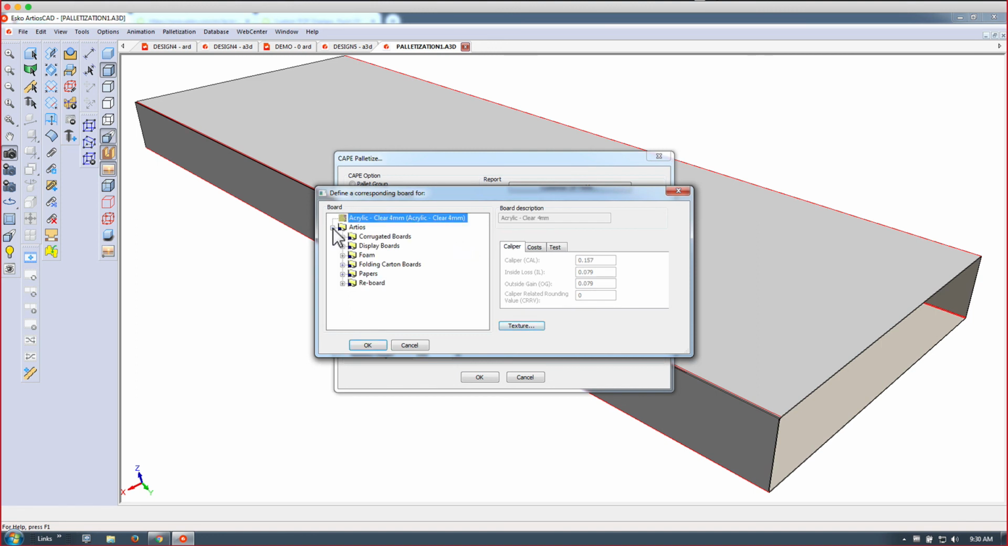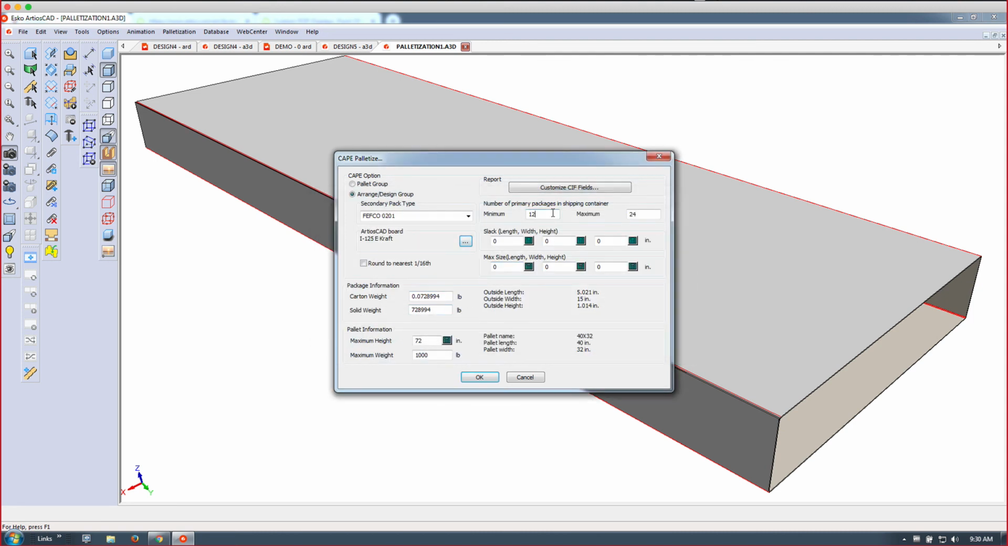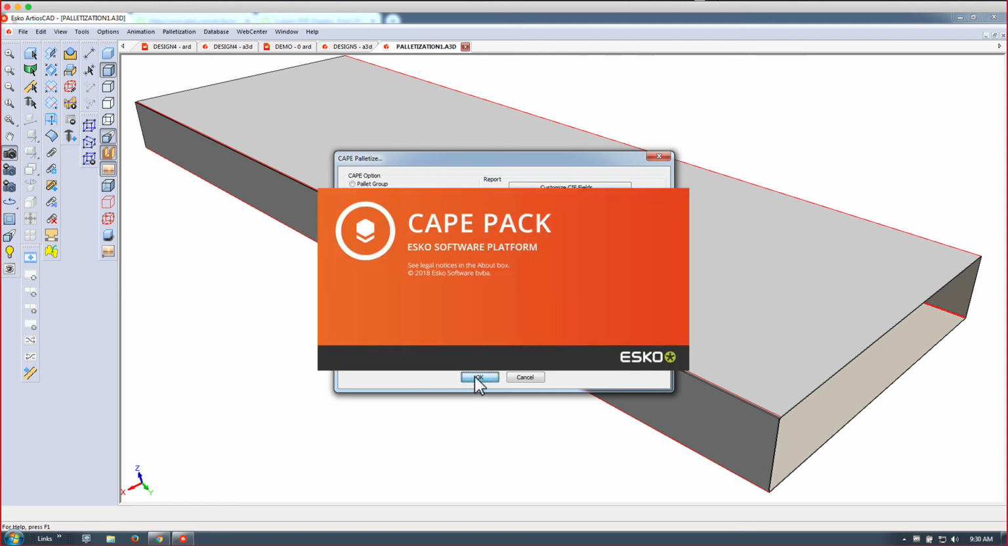indicating the corrugate. Let's do an E125 flute on that, indicating how many we want per container. So let's say between 24 and 48, or you can really narrow it down by keeping minimum and maximum the same. The carton weight, the solid weight with the object in it. So this can be set again in pounds or kilograms, maximum height of my pallet, and maximum weight. So once we hit the OK button,